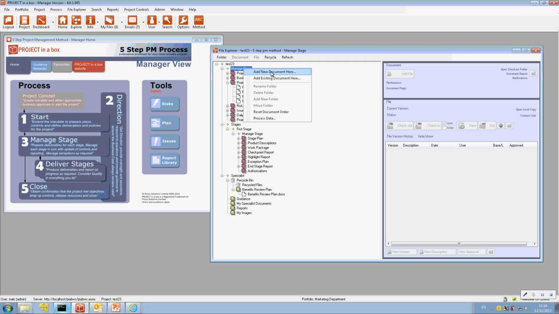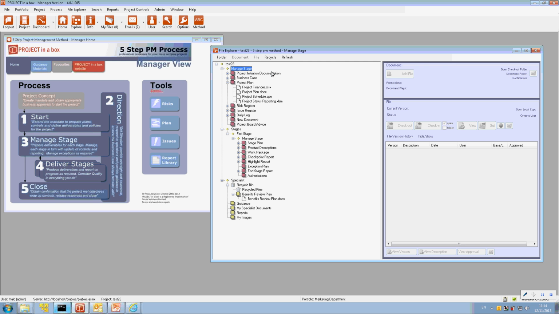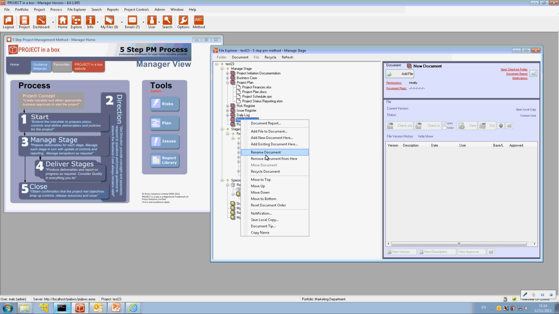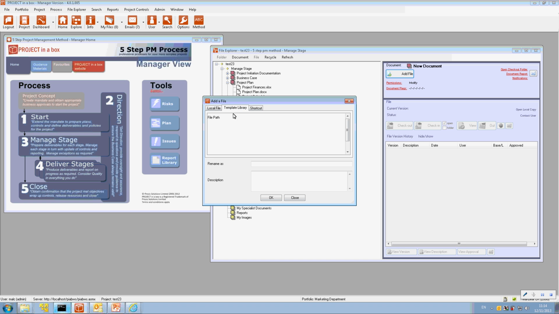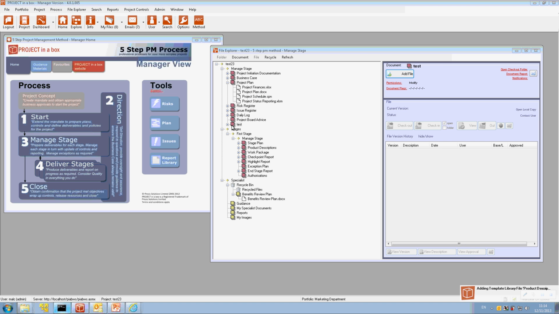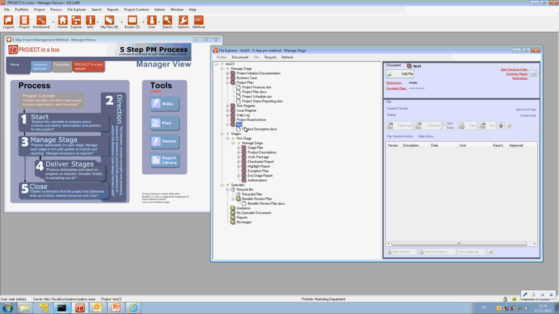I can add a new document. So we'll call our new document here simply test for now. And so we've got our test document. We might put some content into it if we wanted to. So let's just drop a template library item into it. A bit of a bigger template library here for this more substantial method. So our test document now has some content,